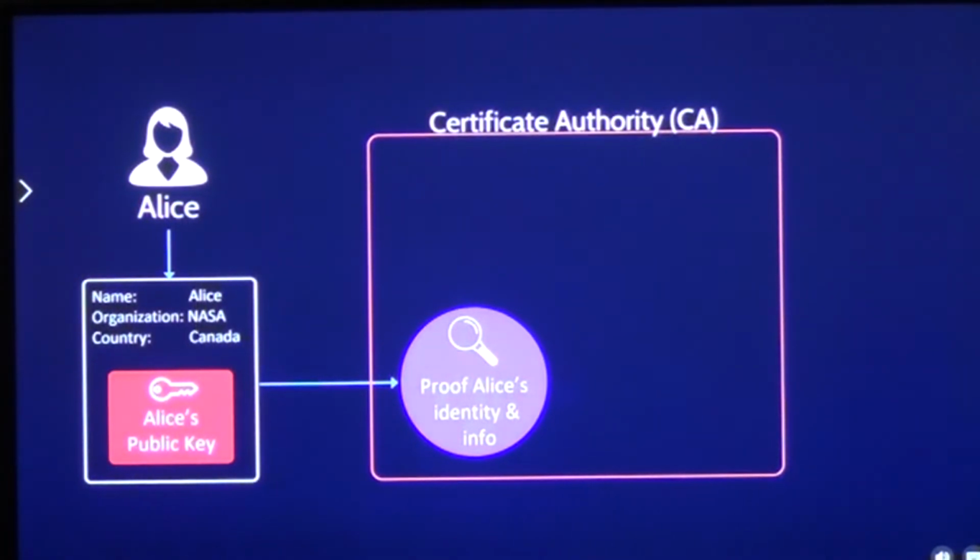So to counter man in the middle attack, there is this concept of certificate authority. See, and this is very important because this is going to be also part of the smart contract, blockchain, that there is this concept of certificate or certification authority, CA. Okay, CA basically certifies that this public key coming from the bank is actually the public key of the bank.